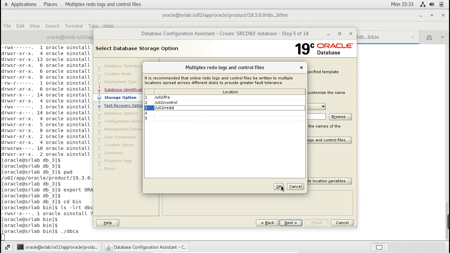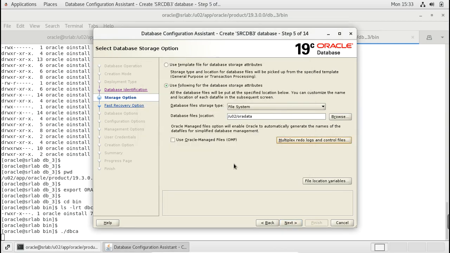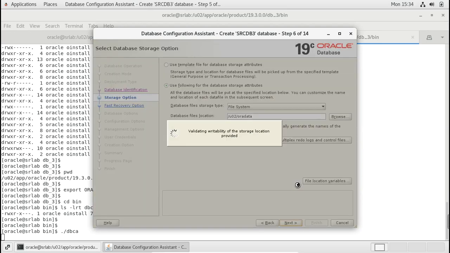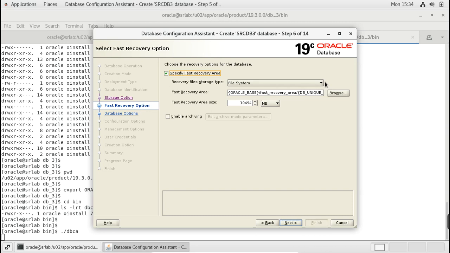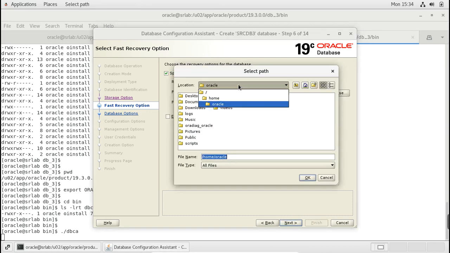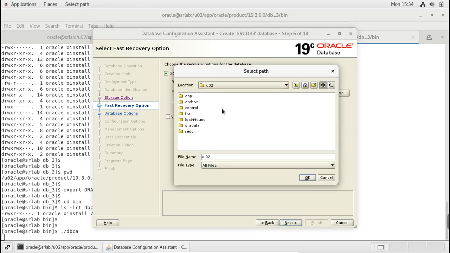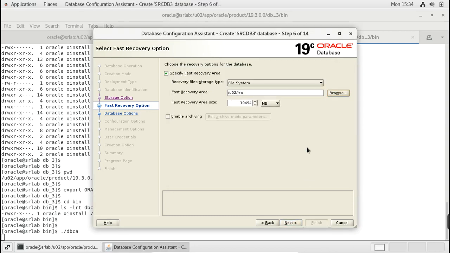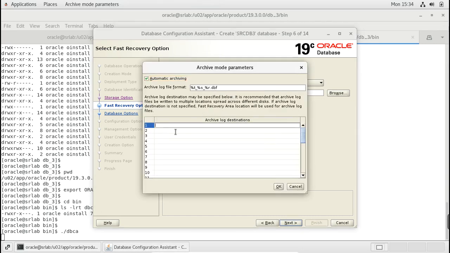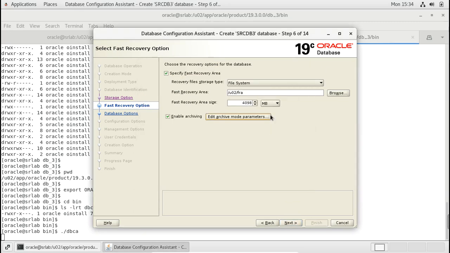I have created all these mount points already, so I'm giving them here. So next, the fast recovery area. I'm going to give a very small amount of space only. So enable archiving. Okay, I already created those mount points, so I'm giving these exclusive locations.